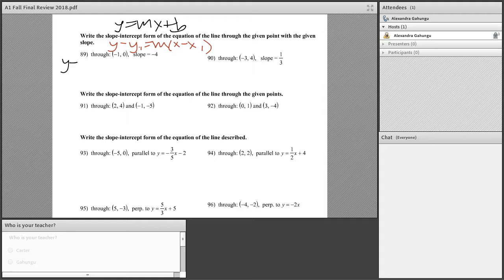So it's y minus 0 is equal to -4, and then x, and it's minus a -1. But then with a minus and a minus, that'll be plus. And then you got to distribute. And this 0 just goes away because y minus 0 is just y. So it's -4x, and then -4 times a +1. So if you have a point and a slope, you go into point-slope form first, and then you're going to